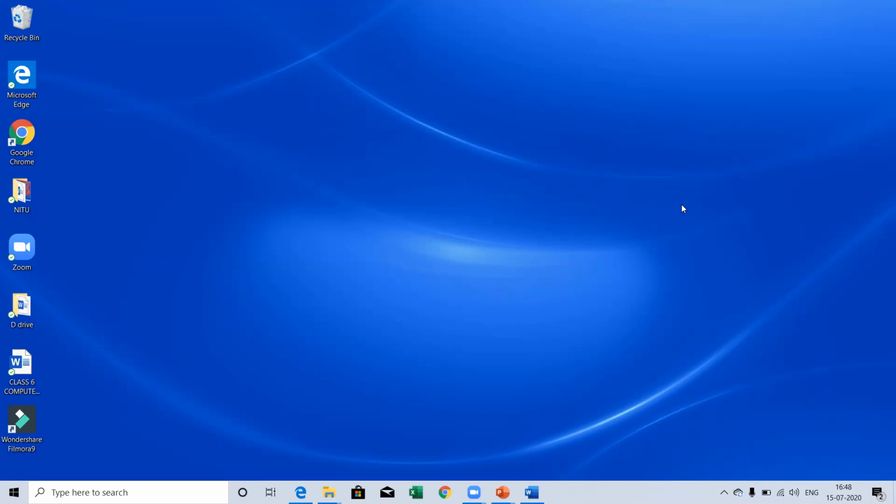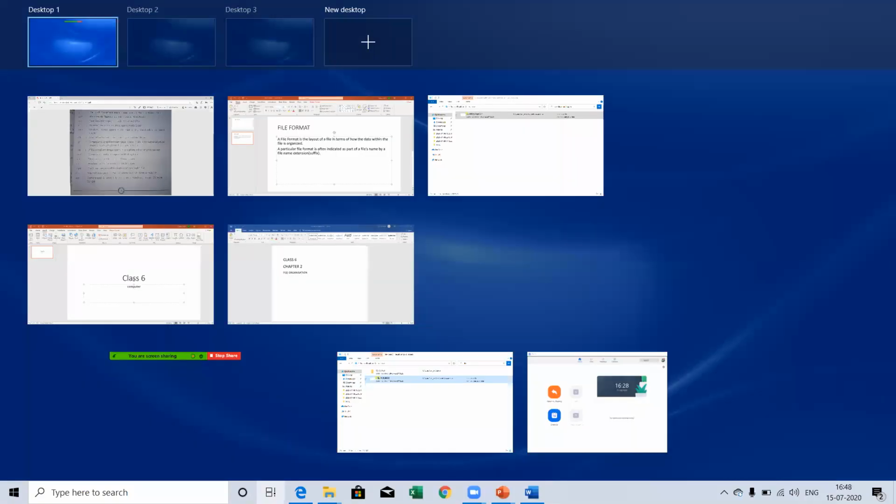Then I explained how you can work with multiple applications, and for that I explained the Task View virtual desktop feature. All the applications you can see in the form of Task View, in the form of icons.